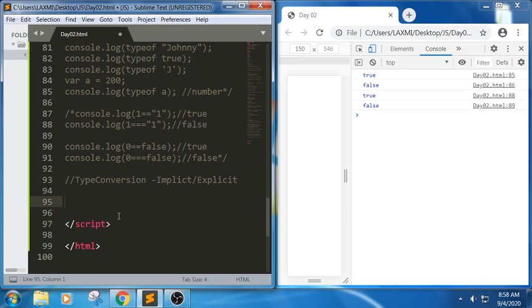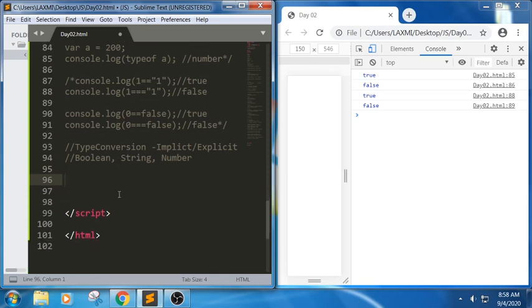For example, when a string and a number are added together, the plus operator will perform it as a string. Whereas in explicit type conversion, in case you want to change from a number to a string or a string to a number, we use inbuilt functions called Boolean, String and Number. If we want to perform explicit type conversions, we use these inbuilt functions.